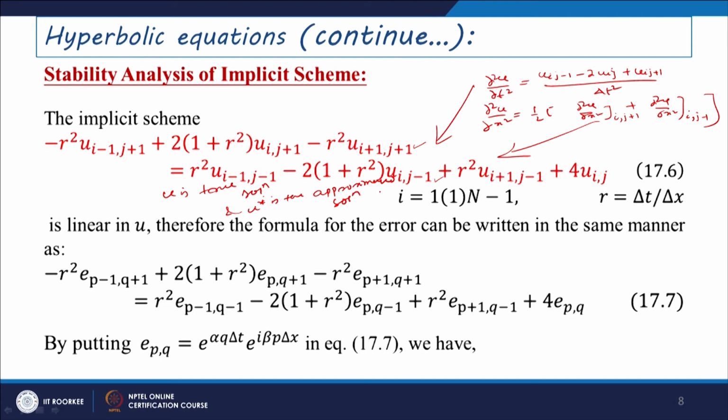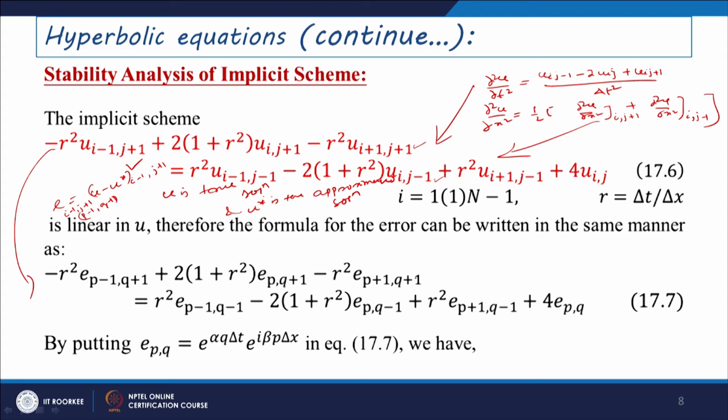So, that is why if you just take E as u minus u star at the particular points, then you can write E at the (i minus 1, j plus 1) point as E at (p minus 1, q plus 1), which is defined at the (i minus 1, j plus 1) point itself. So, it can be represented as minus r square E of (p minus 1, q plus 1) plus 2 into (1 plus r square) E of (p, q plus 1) minus r square E of (p plus